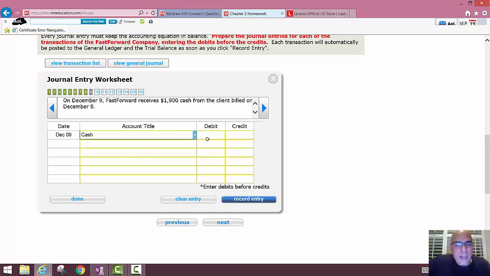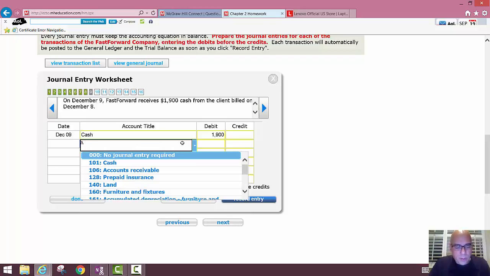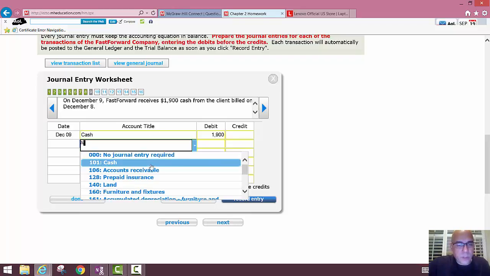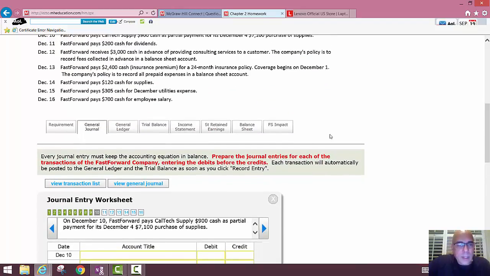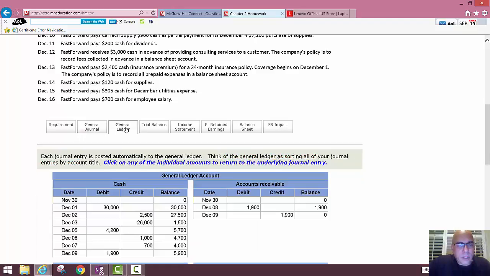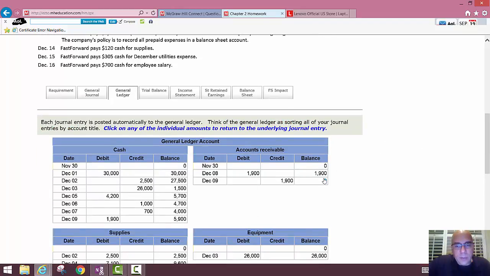So we're going to receive cash, okay? And they're paying off that 1,900 receivable. So we're going to debit the cash, 1,900. We're going to credit the accounts receivable, okay? And when we credit the accounts receivable for 1,900 like that, and we record the entry, okay, and we take a look now at the ledgers, post to the ledger,